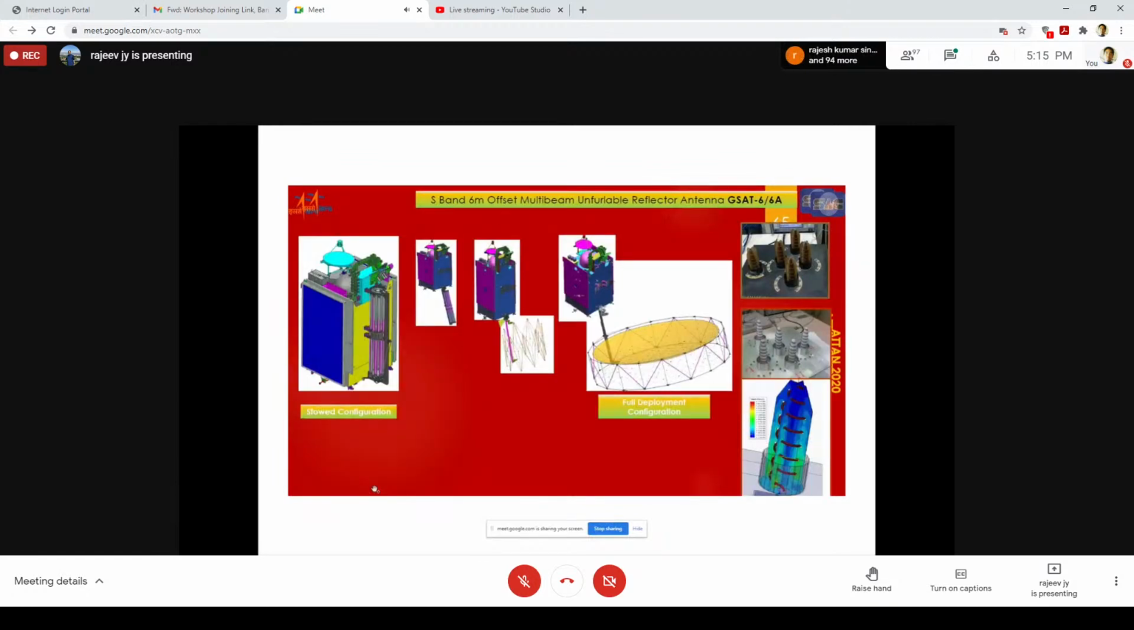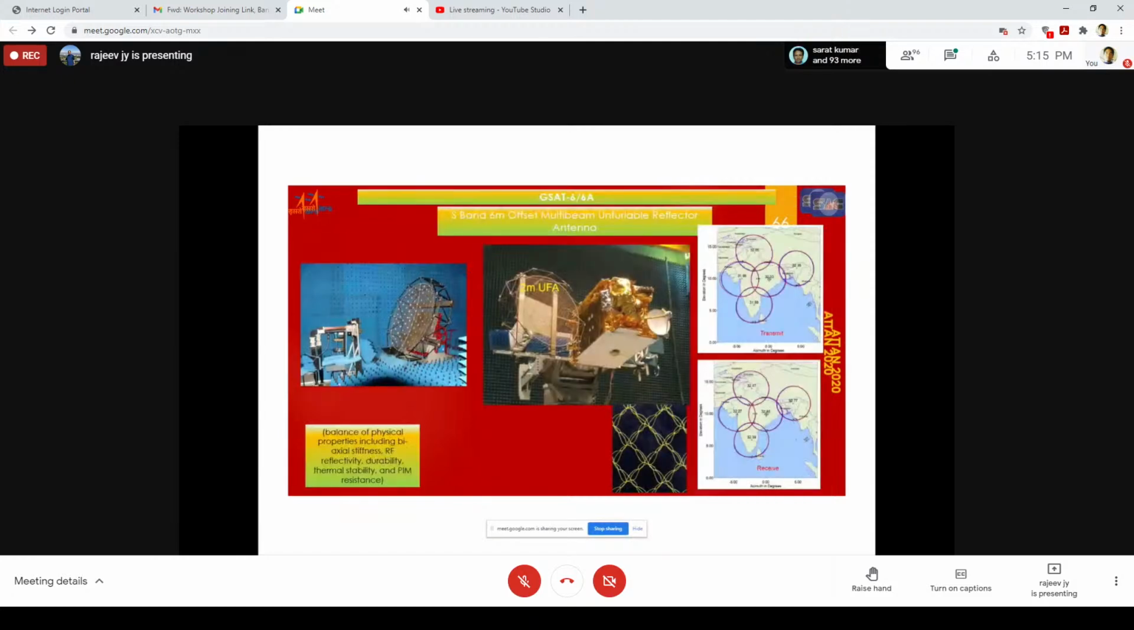No. So these are the unfoldable antennas. The same unfoldable antenna can be stored on the spacecraft when it is kept on the launch vehicle like this, and when it's deployed, it gets deployed with this. X-band, F-band. Now we are planning to have higher bands, and then with multiple beams,